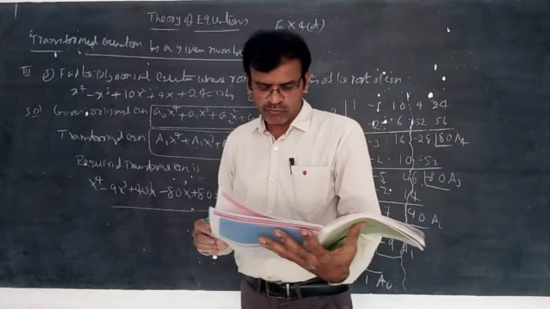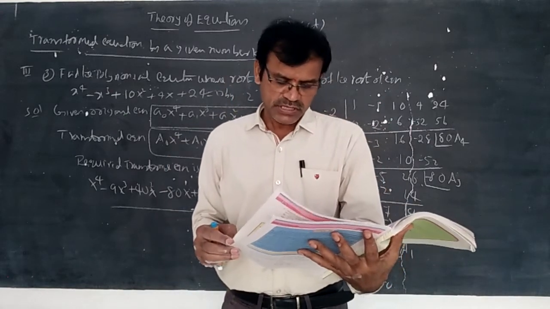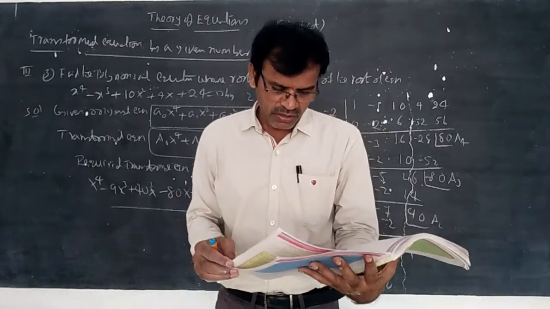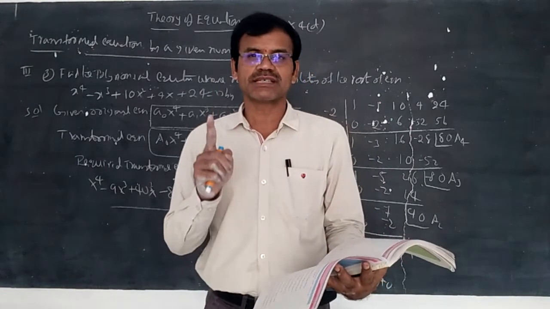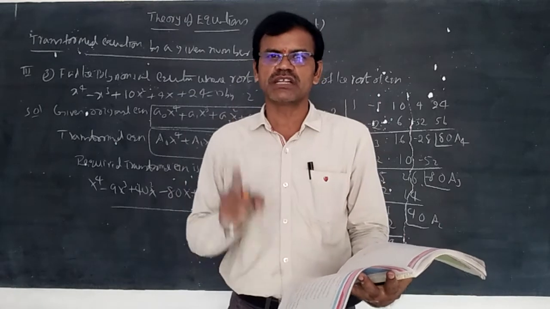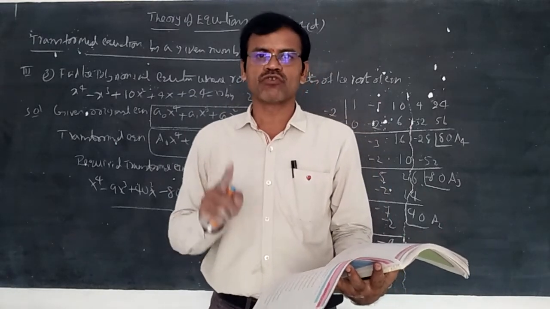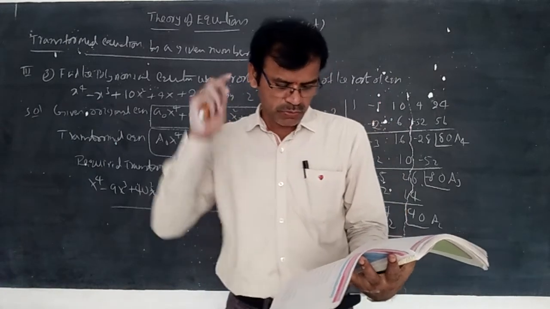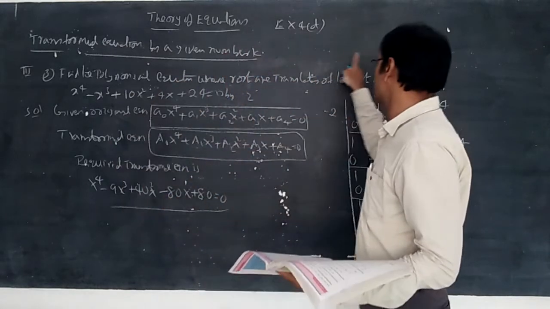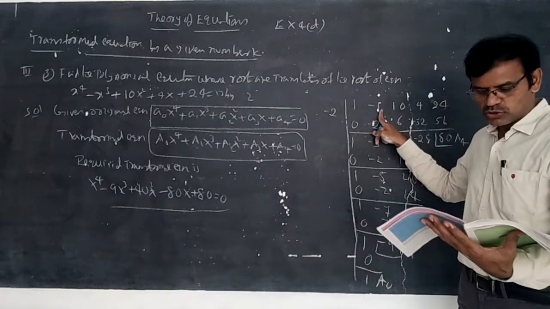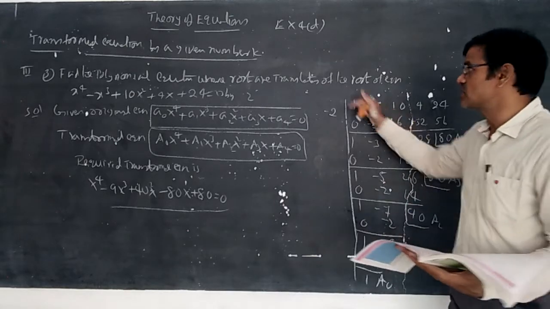Now, of course, for the fourth one, translate the equation 3x power 5 minus 5x cube plus 7 equal to 0 by 4. Whenever it is given by 4, you should put minus 4. And whenever coefficients are absent, you need to understand they are 0. 3x power 5 is there, after x power 5, x power 4 should be there. If the x power 4 coefficient is not given, then you should write 0 here. Don't get confused here, you should write 0. And after that the x cube term is there, so you can write minus 5.